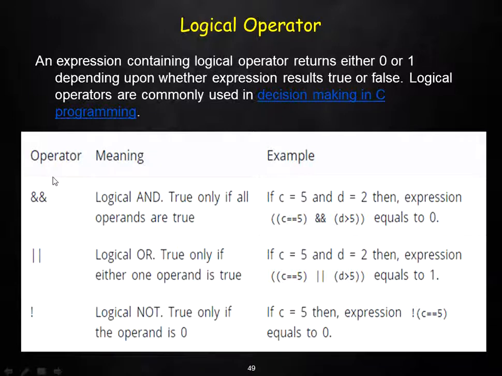A logical operator is basically used when you are writing an expression to check whether a condition will turn out to be true or whether it will turn out to be false. Now a logical AND, suppose you say that he has to buy apple and he has to buy banana. So you can let him come in the house only if he buys apple and banana both. So in that case you have to say buys apple and buys banana. So both the conditions need to be true. So if both the conditions are true, then only can the person enter the house.